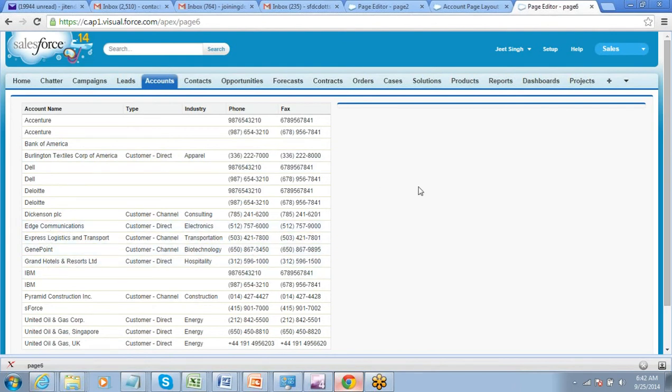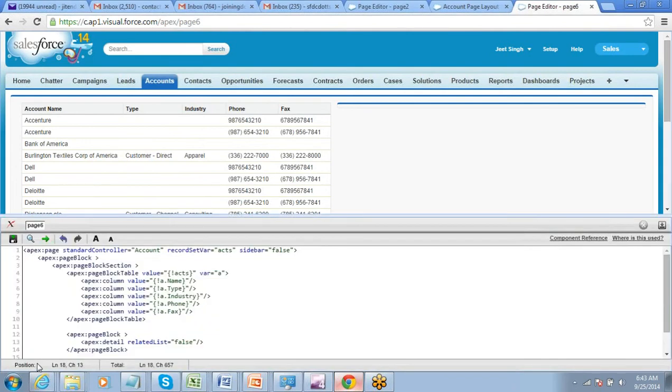So in this case, what do we have to do? We have to pass a parameter on click on a record. A parameter should be passed from this record to this side of the page, right? So from this table to this section, a parameter needs to be passed. Then only the record will get updated, right? That is what we want to do. So let's go ahead and do that.